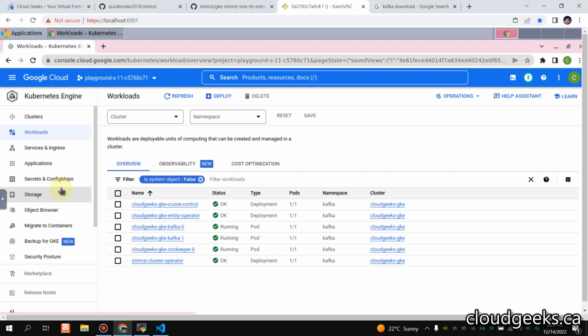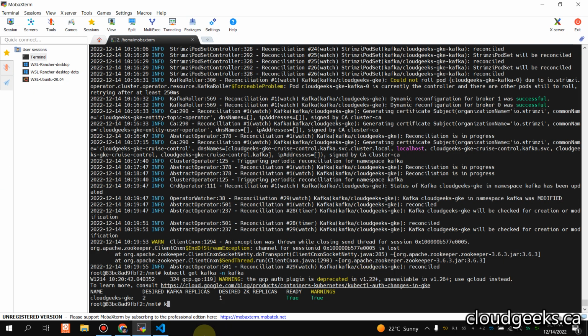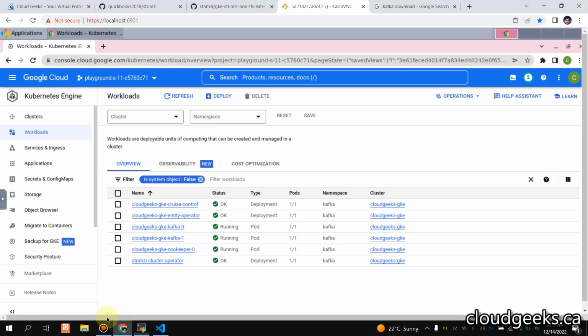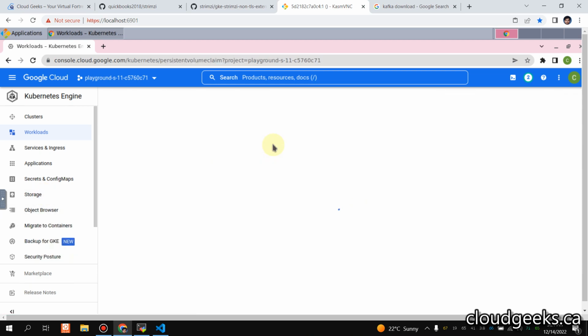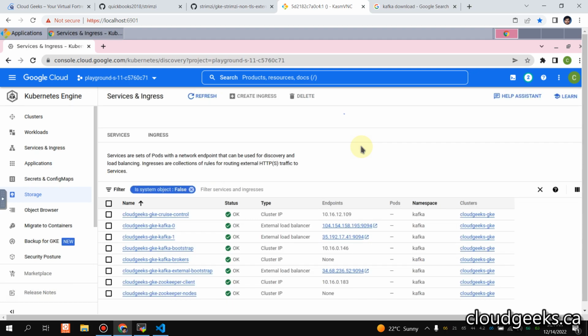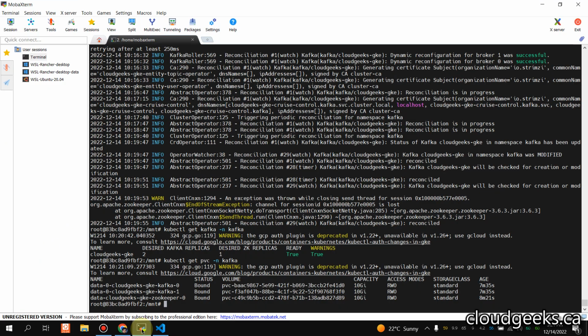I need to show you the PVCs as well. kubectl get PVC, persistent volume claims in namespace Kafka, and I want to show you in the console as well. Navigate to the storage section. You will see that three are now bound, because we have one Zookeeper and two brokers, and one is Zookeeper, right? So let's try to access. If I navigate to services and ingress, I'm going to use